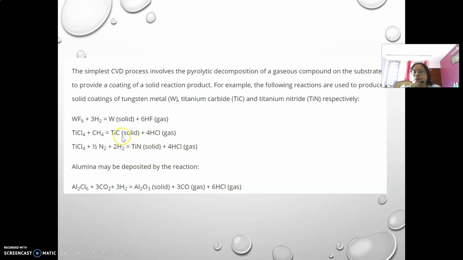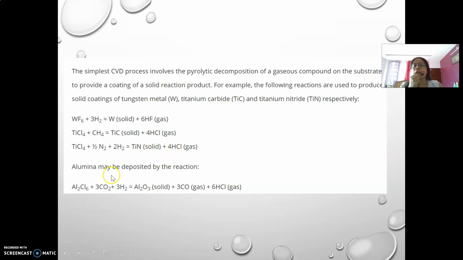and then these two, titanium carbide as well as titanium nitride, can be deposited above the surface of the tungsten metal, or we can say these two can be coated over the tungsten metal. Tungsten metal can get a thin coating of titanium carbide or titanium nitride. All will be in the vapor state. Even though they are in the vapor state, they will be in the solid form, and if they are in solid form, we can assume that they will be in the atomic state or in the molecular state, or a combination of both.